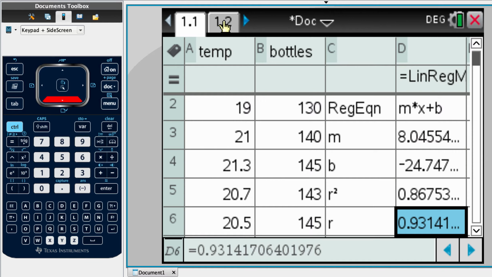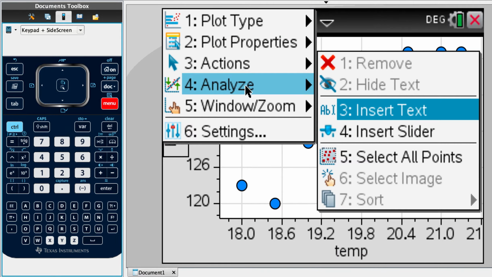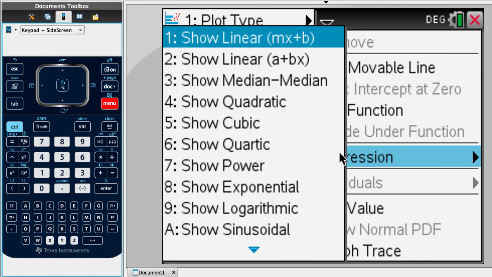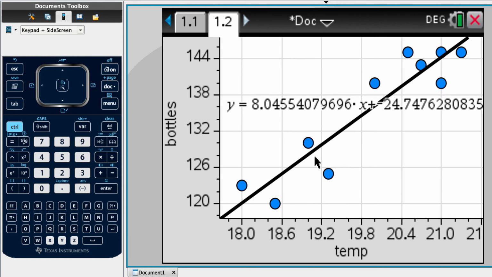And then if we go back here, we can go to menu, analyze, regression, show linear, and we have those values again. Okay, so that is the regression line for y on x. We've got y equals 8.05x minus 24.7. So I've just had to make a note of those because it says in E, the temperature